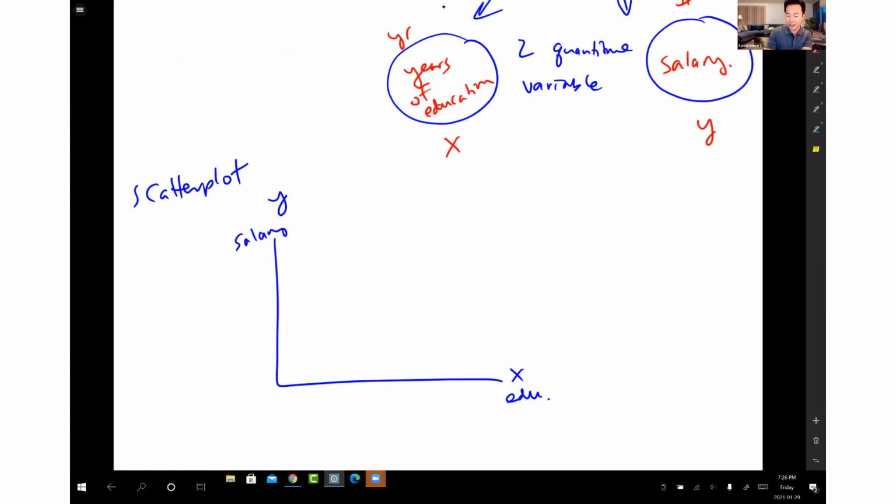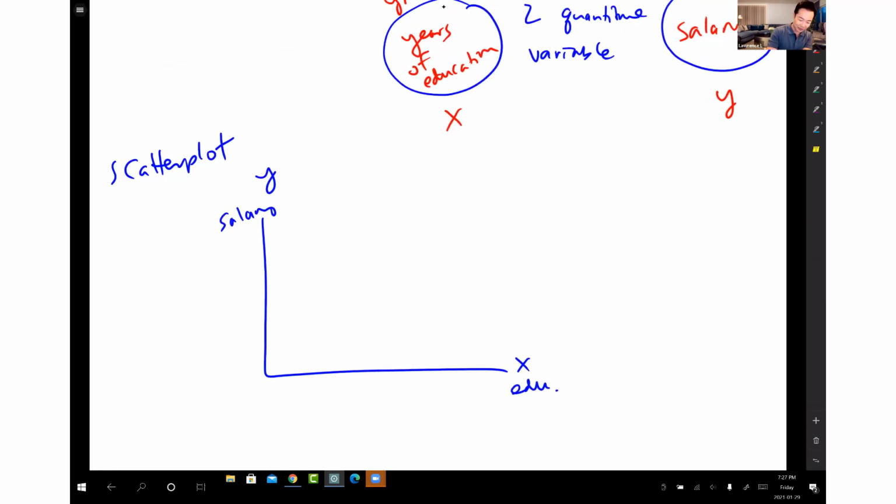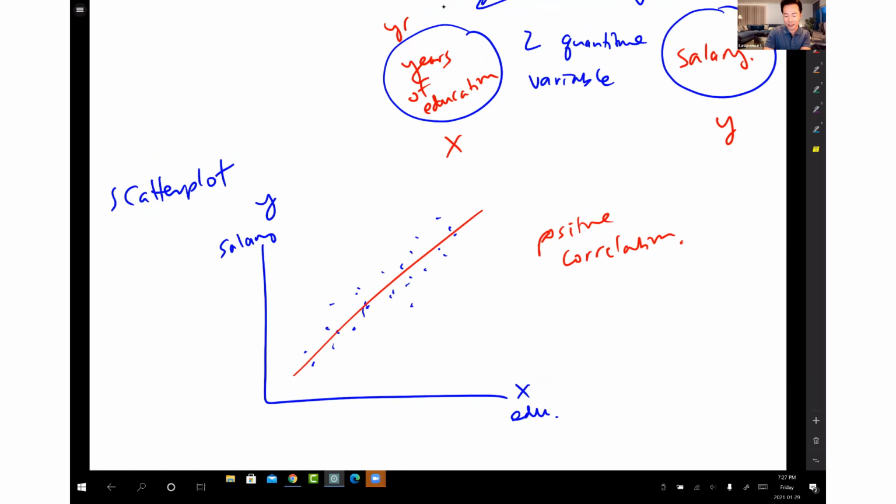Hopefully, the more years of education correlates to higher salaries. I hope so. Otherwise, why are you here? So the more education you have in terms of years, the larger your salary. Here we have a positive correlation. So we can establish that hopefully the more years of education correlates to higher salary, which relates back to Grace's